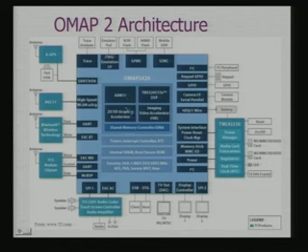If you are talking about multiprocessor, this becomes a core processor. You have got ARM11, you have got C55X, you have got 2D, 3D graphics accelerator, you have got video accelerator. So, these 4 processing elements have been integrated together along with various other features.